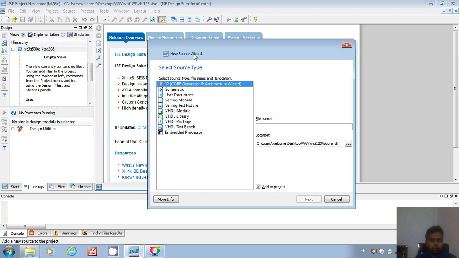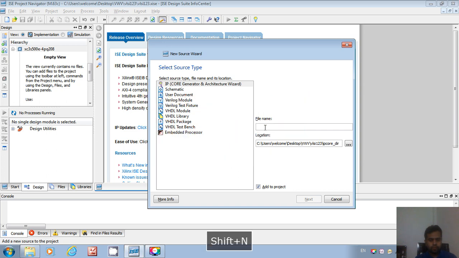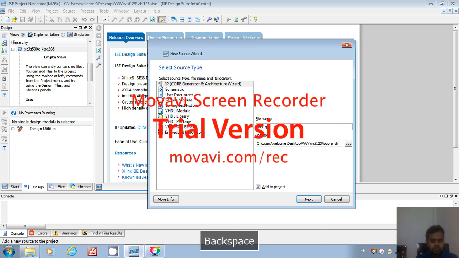If you click on the new source, the wizard window will open. Okay, so here you have to provide the file name. In this case we are providing the file name AND gate. First of all, we are creating a simple gate that is known as the AND gate, right? So we have provided the name for the AND gate,